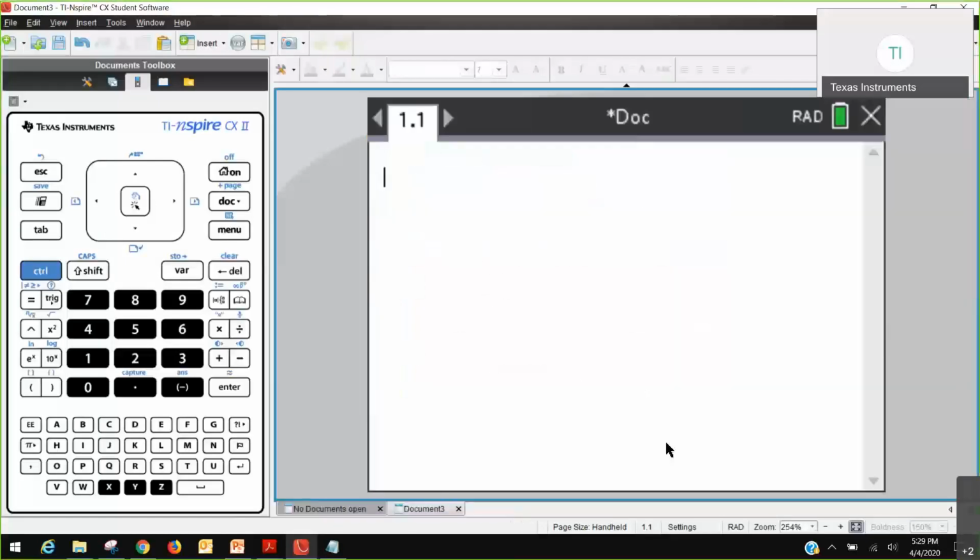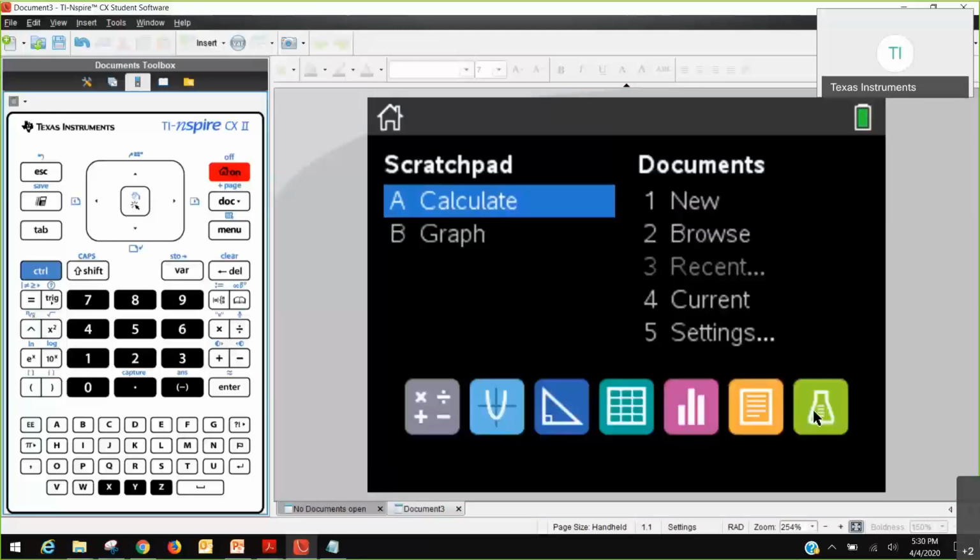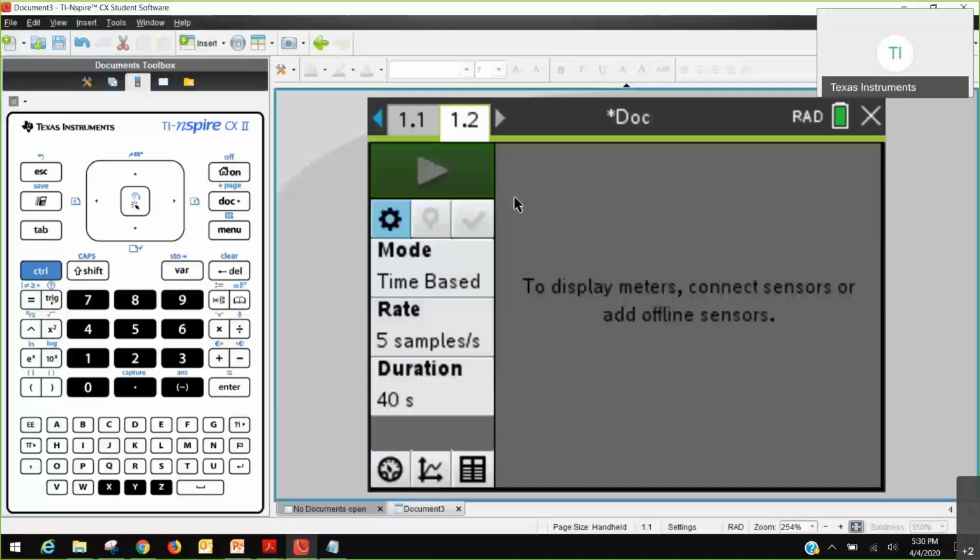I've got a calculator going. Now, sitting next to me, I've got this motion detector, the CBR as it's called, and I'll plug it into my computer. And on the student calculator, if the software doesn't launch straight away, because I had Navigator running in the background, let me just drop the DataQuest app in,